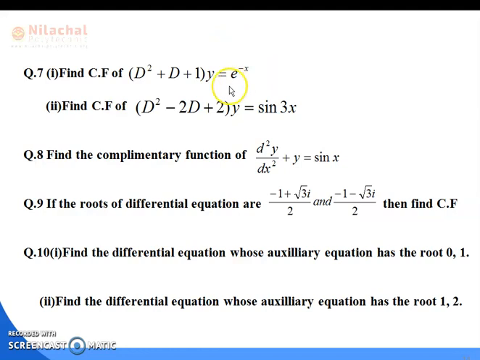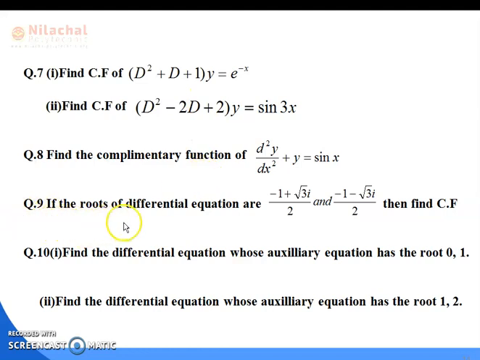This is a non-homogeneous equation because e to the minus x, capital X, is not equal to 0. But the question is asking find CF. Find CF means you have to write your homogeneous part. Homogeneous part means your right hand side must be converted to 0. Then you continue: D square plus D plus 1 whole into y equal to 0. Then you write the auxiliary equation, then solve it to find the value of D. Then depending upon D, you write the CF. Clear? So sometimes a non-homogeneous question will be given. It will ask you CF, which means the right hand side you have to convert equal to 0. Clear? So likewise you can solve this question. Similarly, find the complementary function means CF. That's the same thing as in case of question number 7.